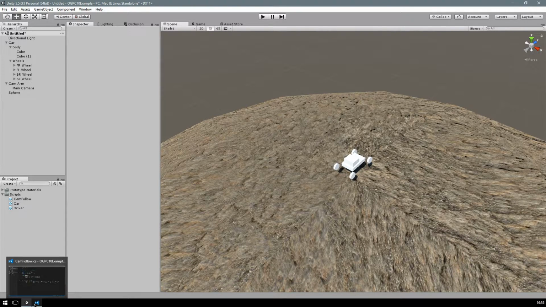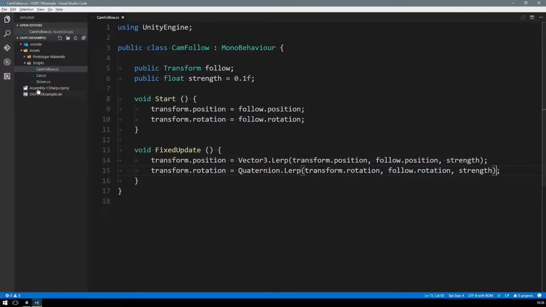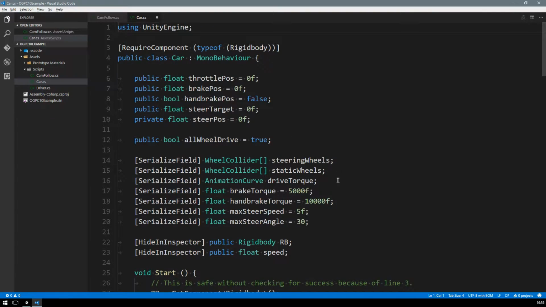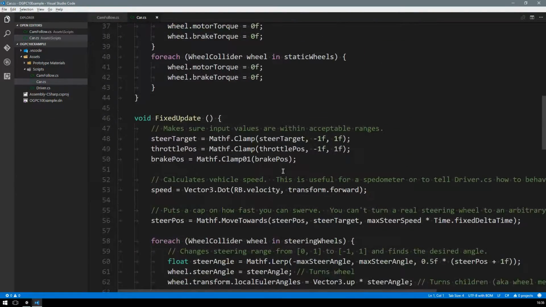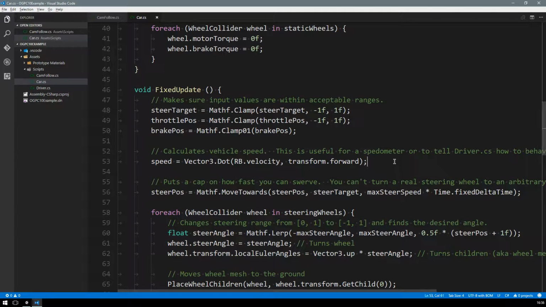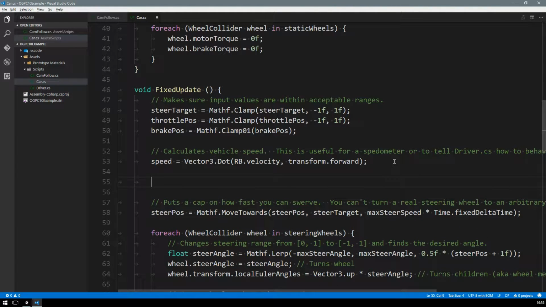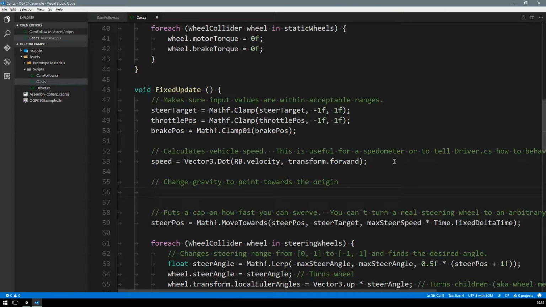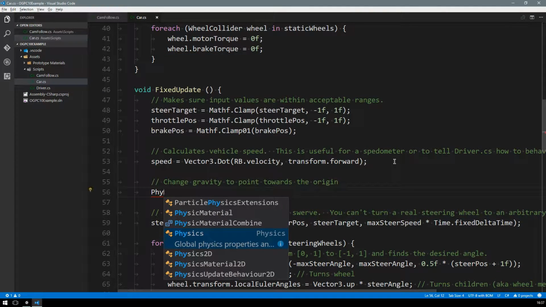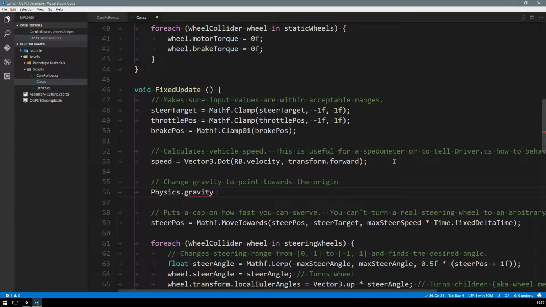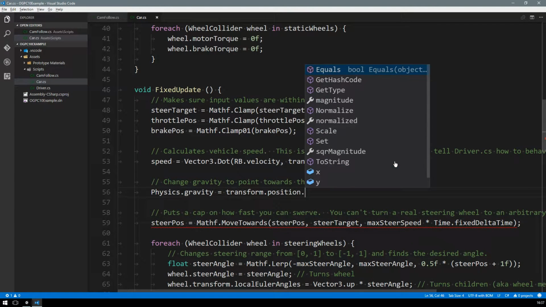To make the car move towards the center, we actually only need to add one line to the vehicle controller script. So we open the car. Every frame in fixed update, we will change gravity to point towards the origin. So we want to change Physics.gravity. Physics.gravity should instead equal our position